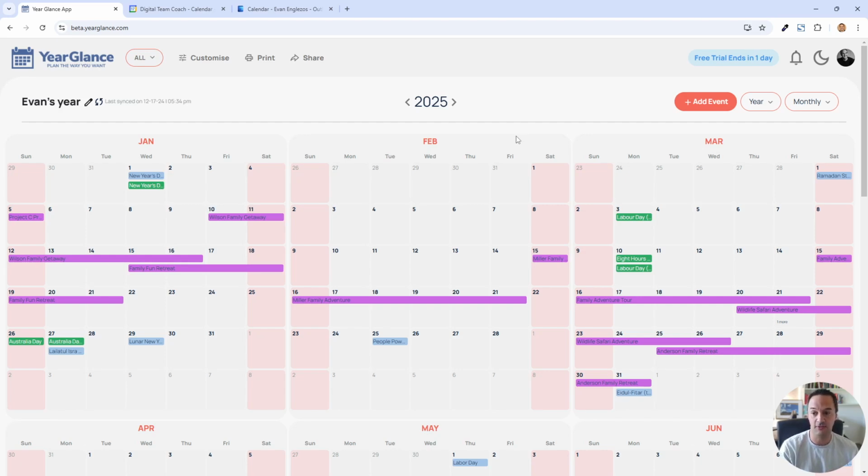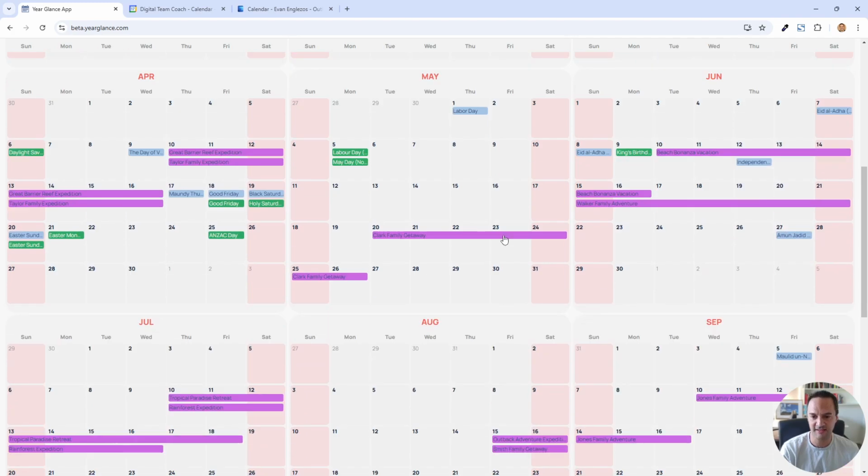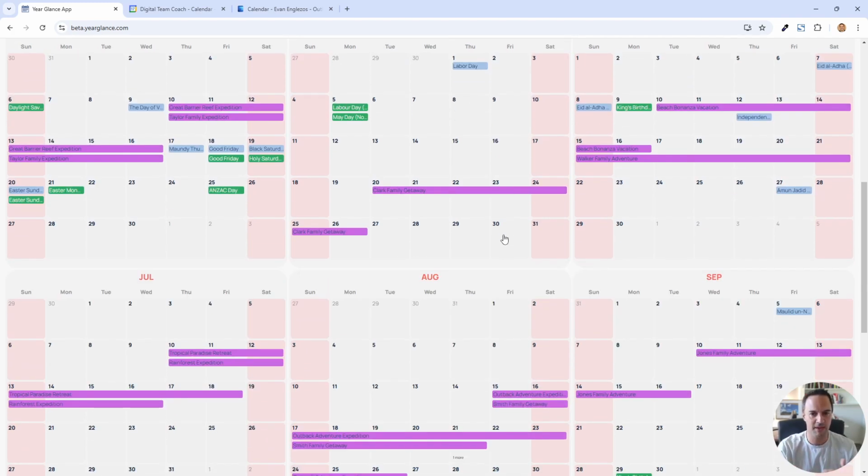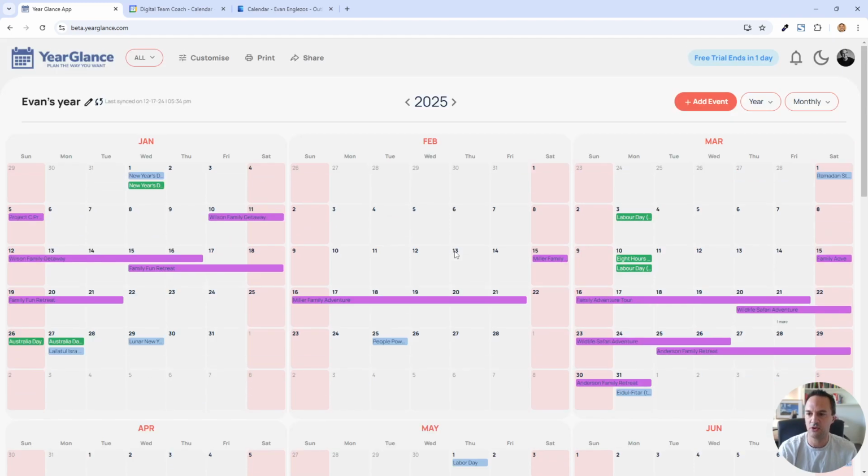If you've got lots and lots of events like this, and there's going to be lots of overlapping events and things like that, then that's going to naturally take up more space in your calendar. But if you've got fewer events, then you'll have a better chance of being able to see more on the screen at once.